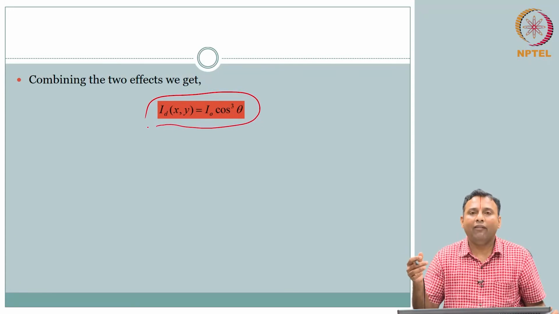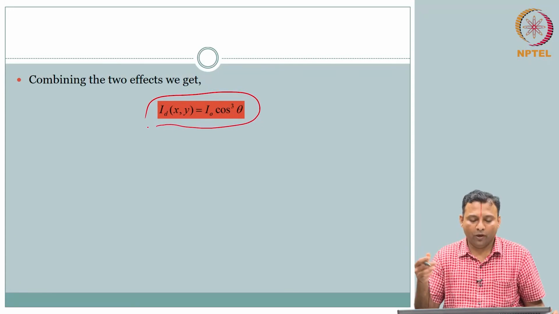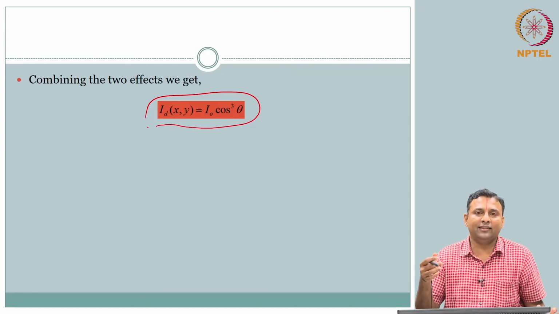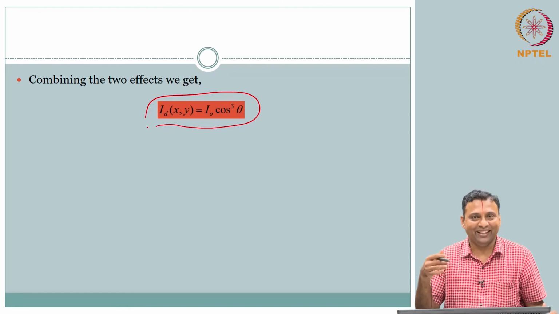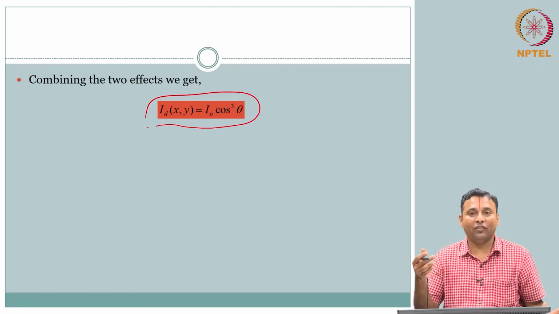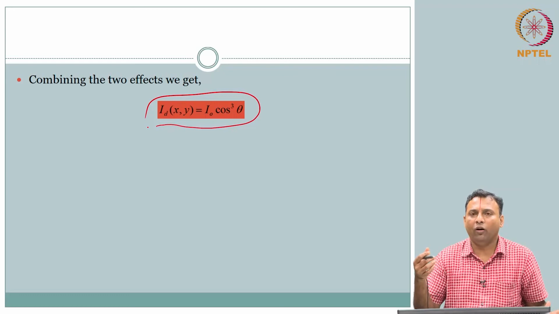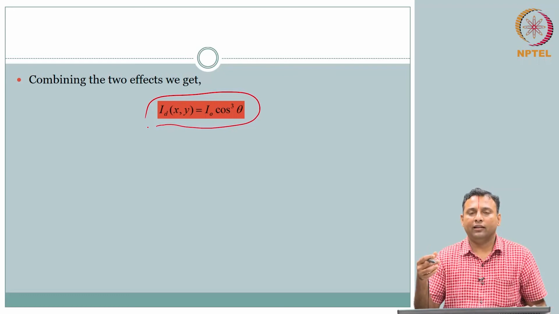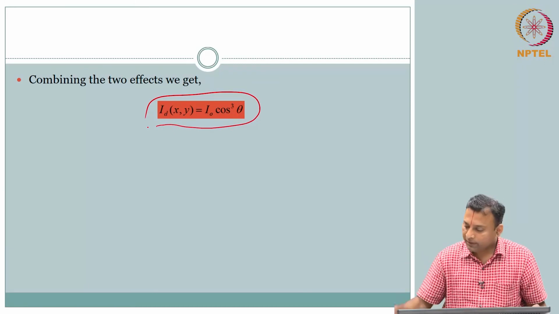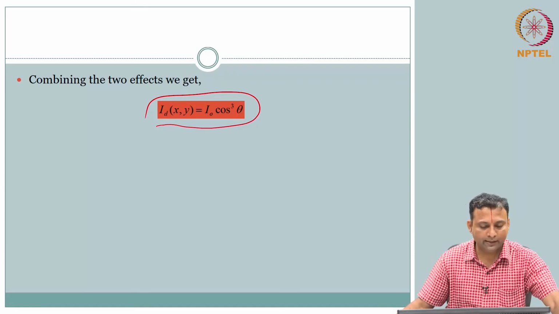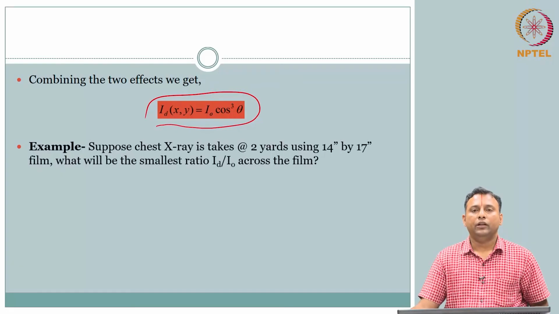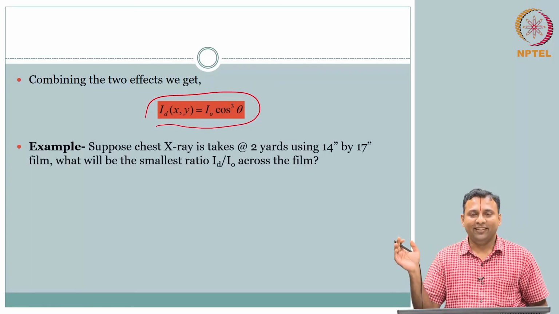So, quickly, okay, this is fine. How detrimental is this, right? Yeah, we understand there is a formulation. You have this effect in terms of cos cube theta. Is this detrimental or is it okay? How do we get a feel for the level of acceptance or tolerance for this? So, let us just do an example, right? Typical, your chest X-ray.